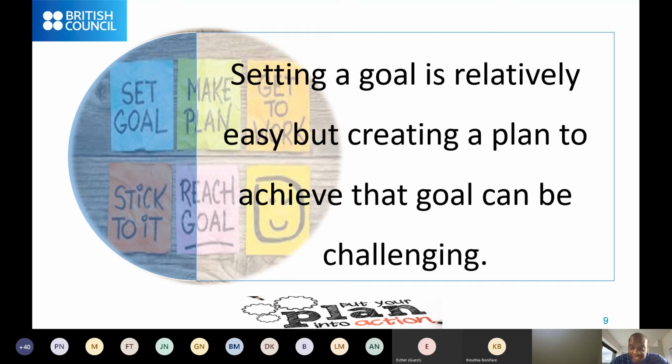And that can be challenging. That might not be easy because you can have all these things in the air, but how do you bring them onto the ground and actualize what you are intending to do? So the intention, the heart might be there, the head might be there, but the hands could be missing. Remember, you have to have the head, the heart, the hands. So the triple H must be addressed as you are looking at these particular aspects.